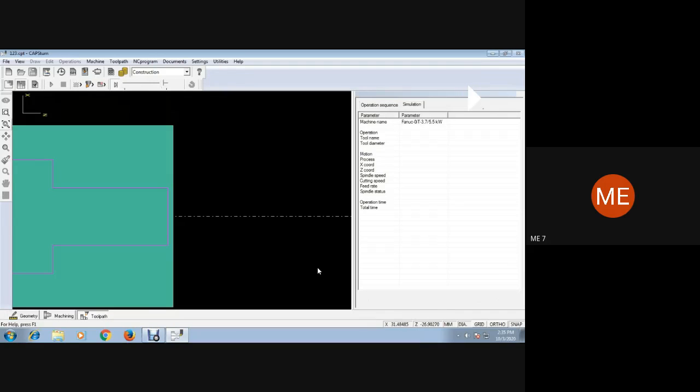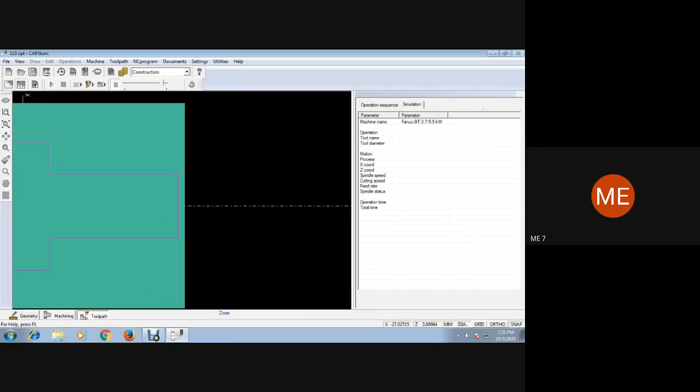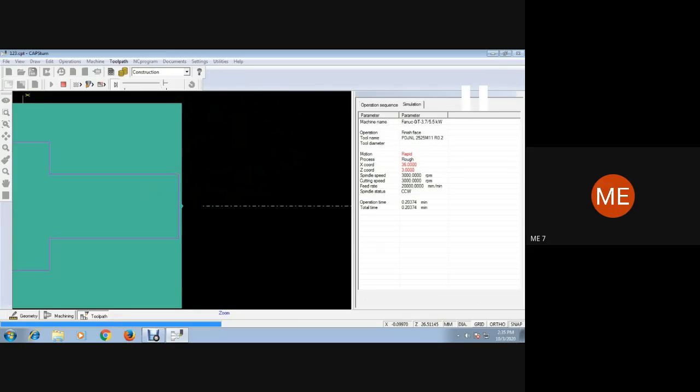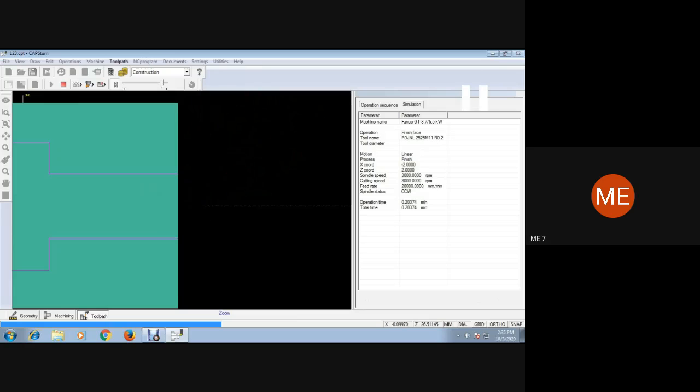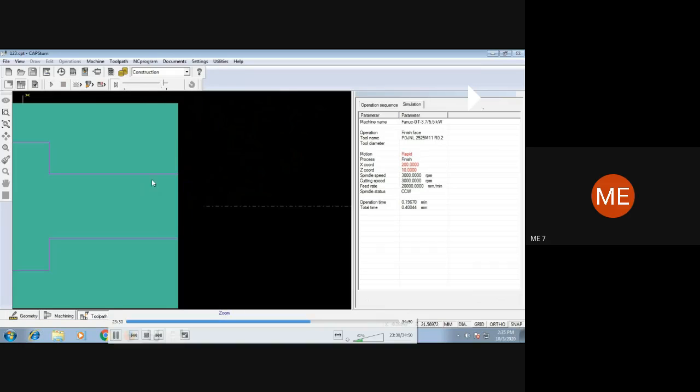Looking into the simulation, the rough facing tool appears, then the finish facing tool appears here. Now you can see it clearly.